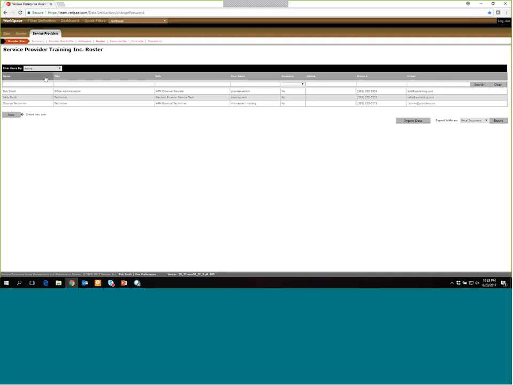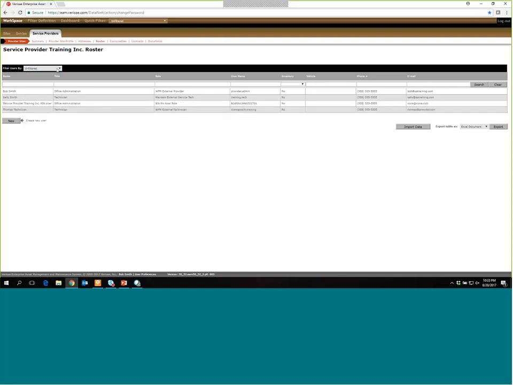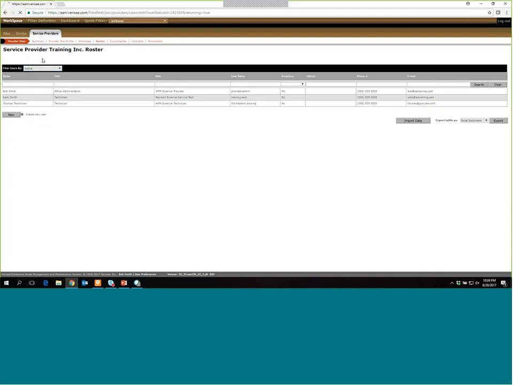Okay, another way to find users besides turning the filter to unfiltered, which is really helpful because for some reason they might have an expired account or too many failed logins or whatever, and you might not be able to see them. So besides that, the other way to find your users really easy is by using what we call a